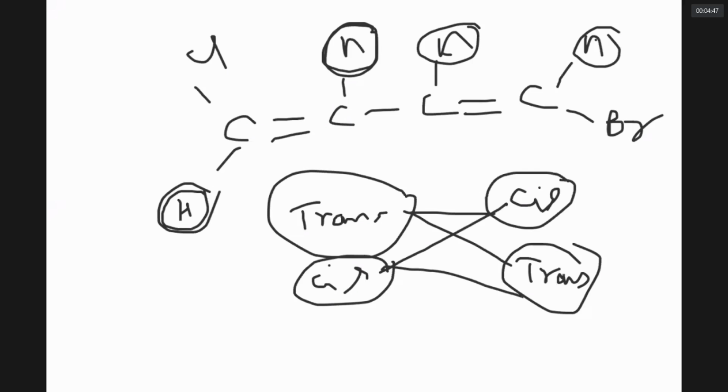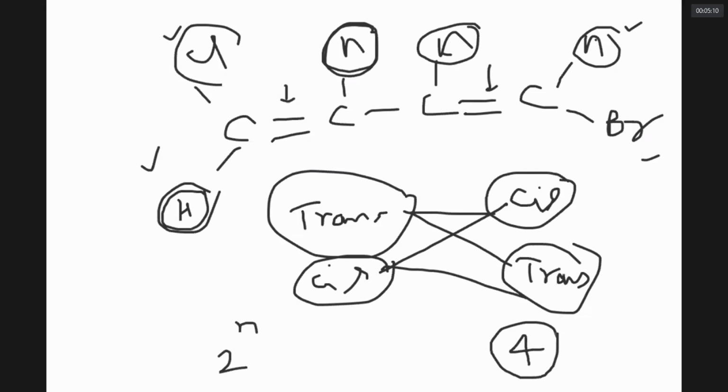So, in how many ways can the compound exist? 4 ways. Yes or no? Yes. When the ends are different, if a compound has n double bonds, the number of geometrical isomers is 2 to the power n. I repeat, when the ends are different,